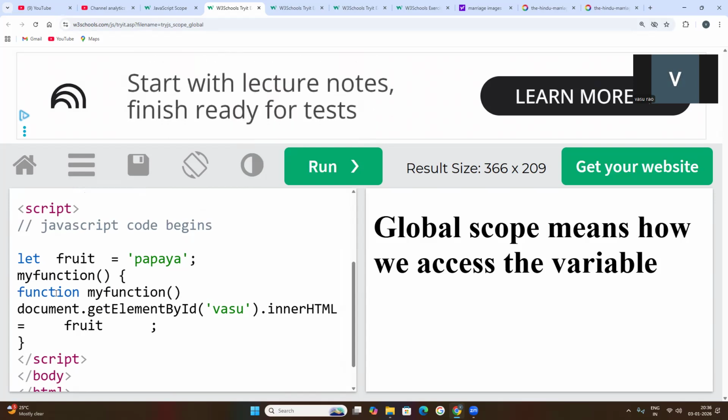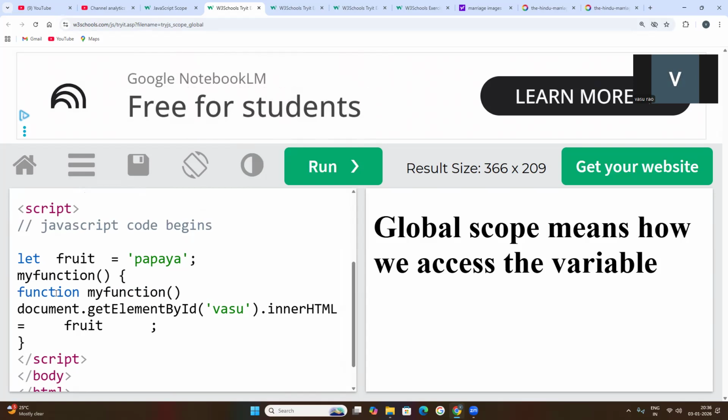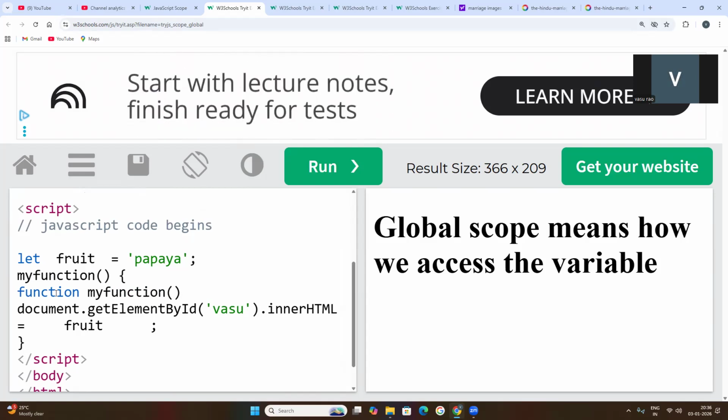I told you that function and method both will be suffixed with brackets. Okay. Now what happened?